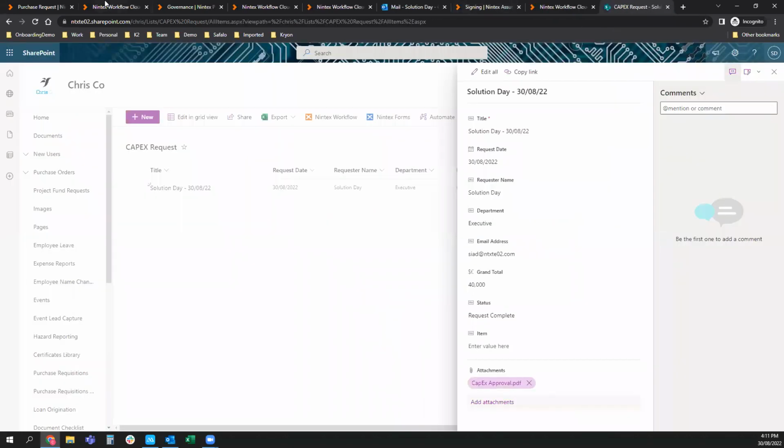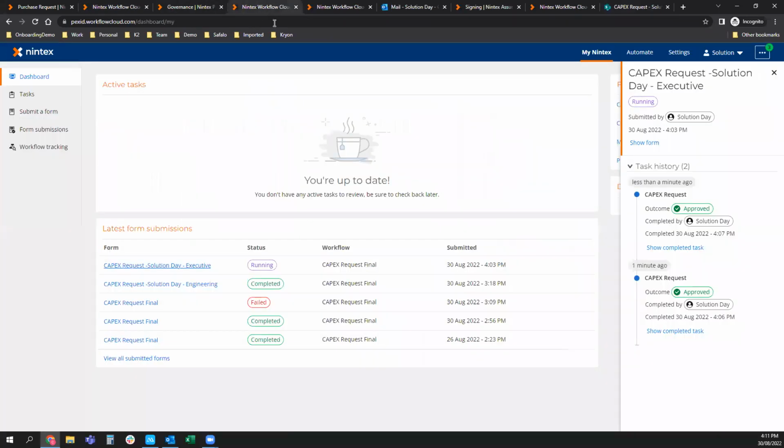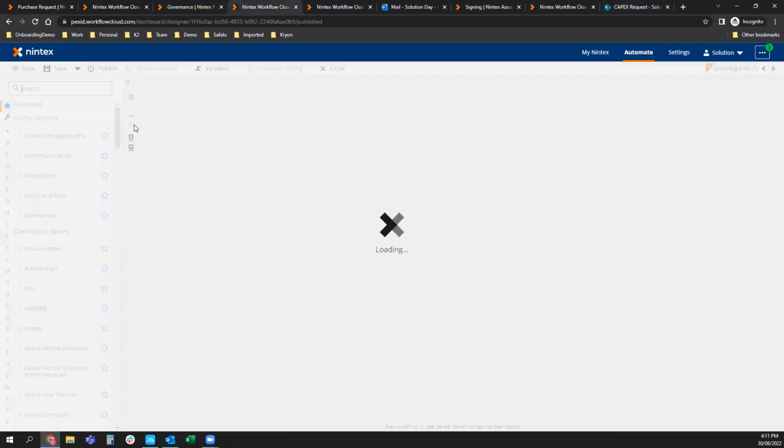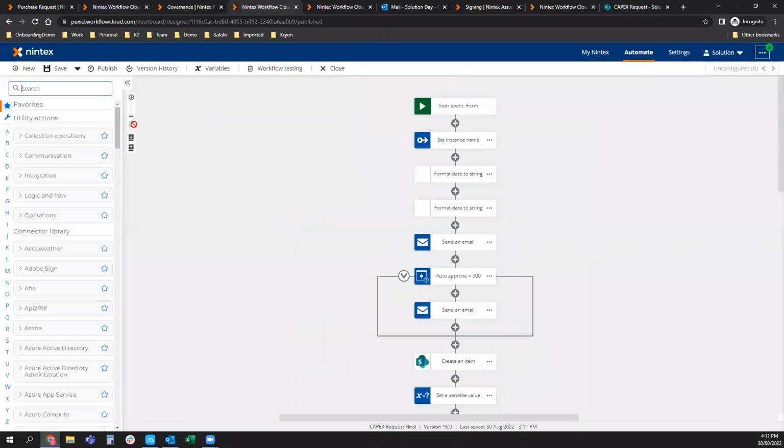Now, let's say that the organization has asked for some amendments. They want a small tweak to the workflow. We want to have a look at how easy that is. So we're going to go into the administrator view, and we're going to go to automate in my workflow cloud environment. I want to grab my CAPEX request final, which is my workflow that I've built. And we want to